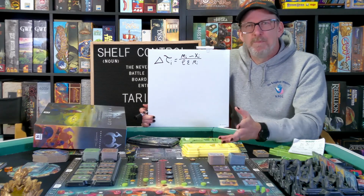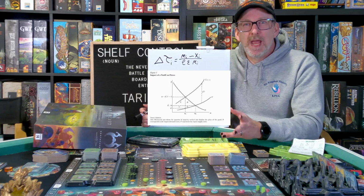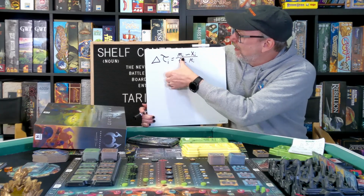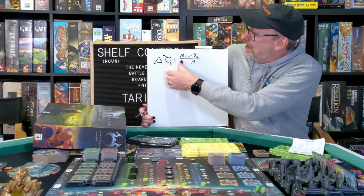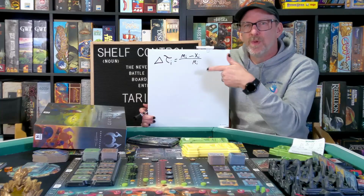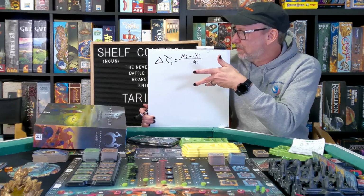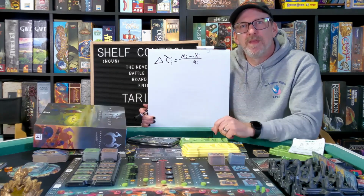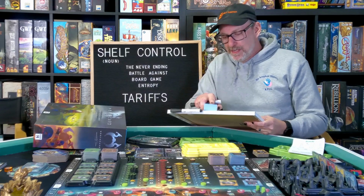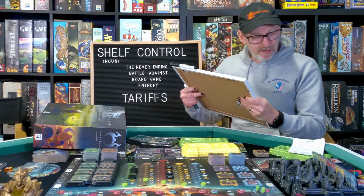There's a whole big paper that Matt Parker went to that has all kinds of graphs that show it's a lot more complicated than just this, which is actually just that as a formula to determine your tariffs, because this has nothing to do with what's coming in and what's going out. It's just, is this number bigger than that number, then we need to change it so that number gets smaller. And so using the administration's own formula to figure stuff out,